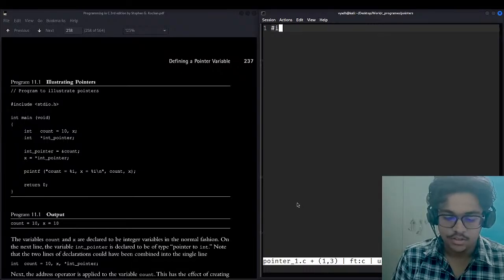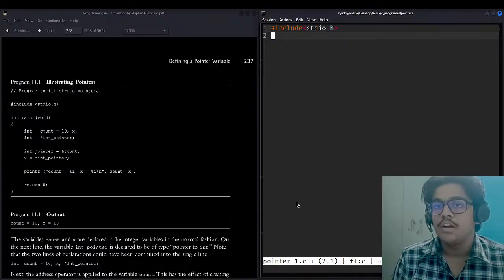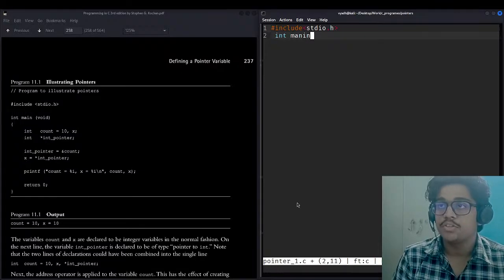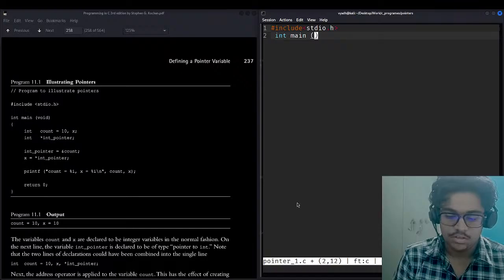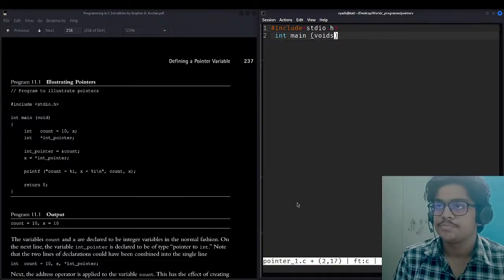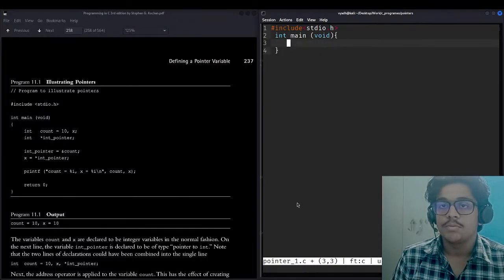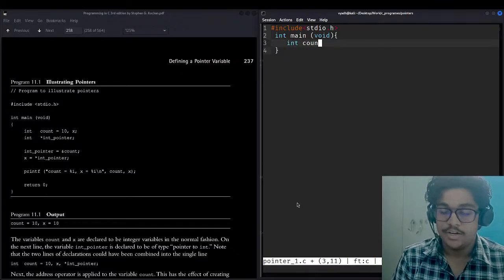Firstly, including the header file, include stdio.h, and writing the main function, int main void, starting the program. Firstly we'll be defining a simple variable, int count, and we'll be assigning the variable to 10. And we are also taking one more variable, int x.